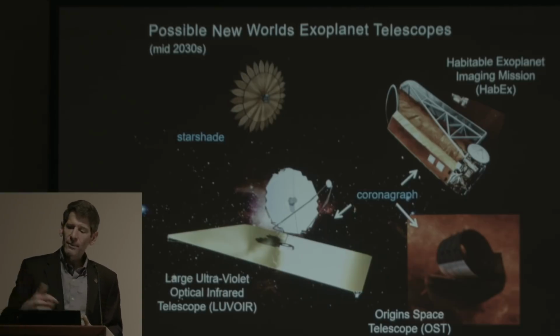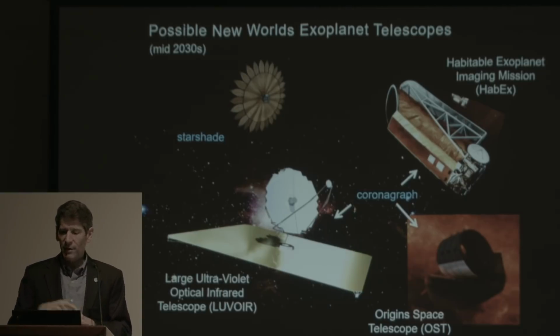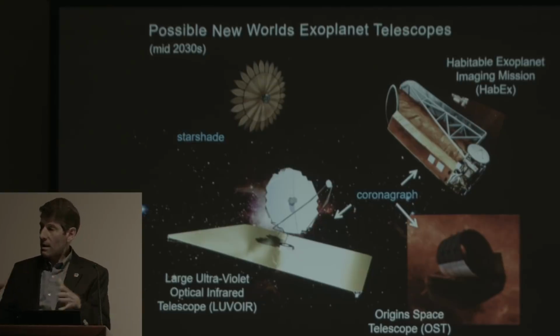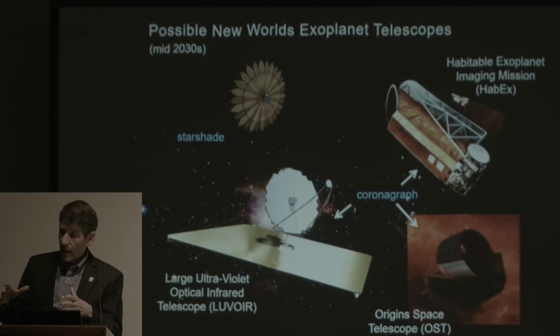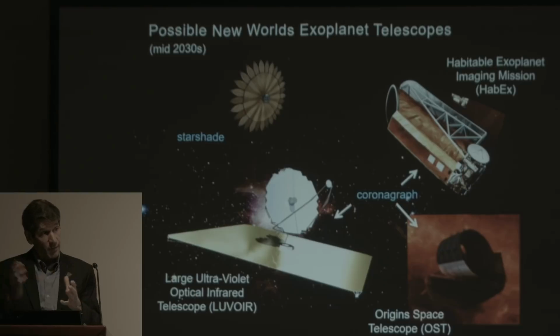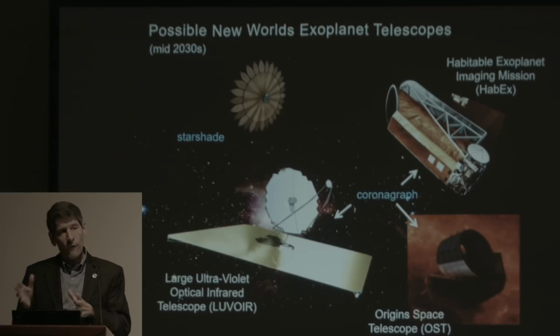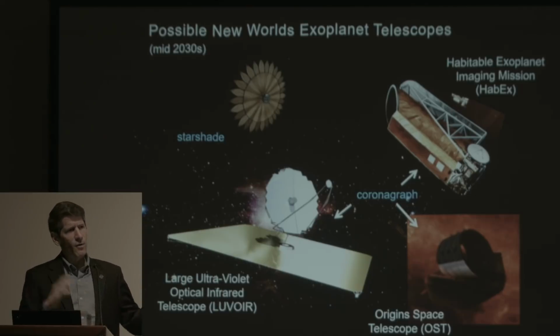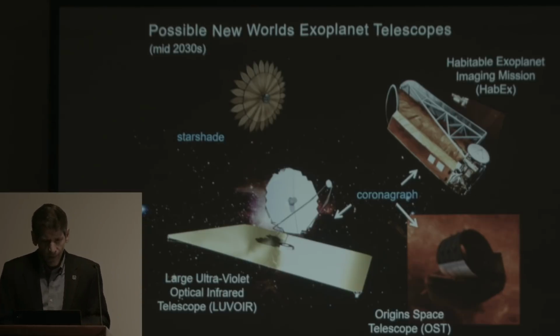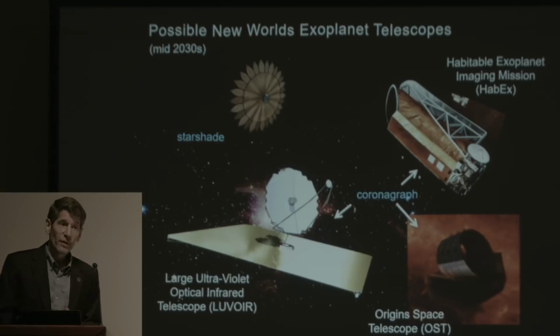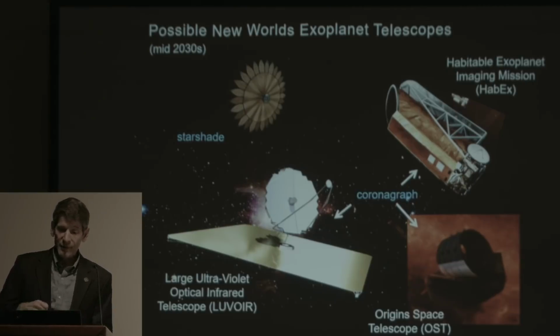Then there's the Habitable Exoplanet Imaging Mission, or HABEX. That may be a monolithic, a single mirror, off the axis, so it's an unobstructed pupil, more focused on exoplanets. And then there's the Origin Space Telescope, which is more of an infrared instrument. And all of these could fly with a Starshade to allow us to directly image planets sometime into the next